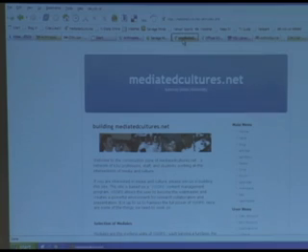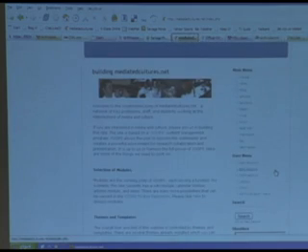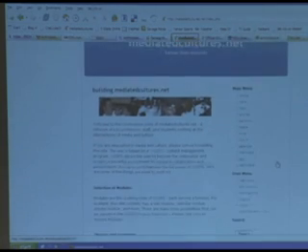So in this class, we were thinking about how can we exploit all of this stuff to collaborate in new ways. And so we created our own website. It's called mediatedcultures.net. And this is our class here. It's just 10 really outstanding students who are really into this stuff. So I might not recommend this just for any class, but this is a really special kind of class to explore this.